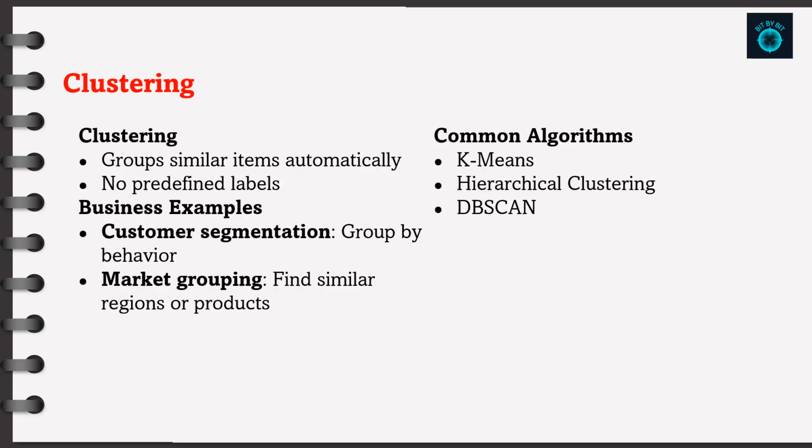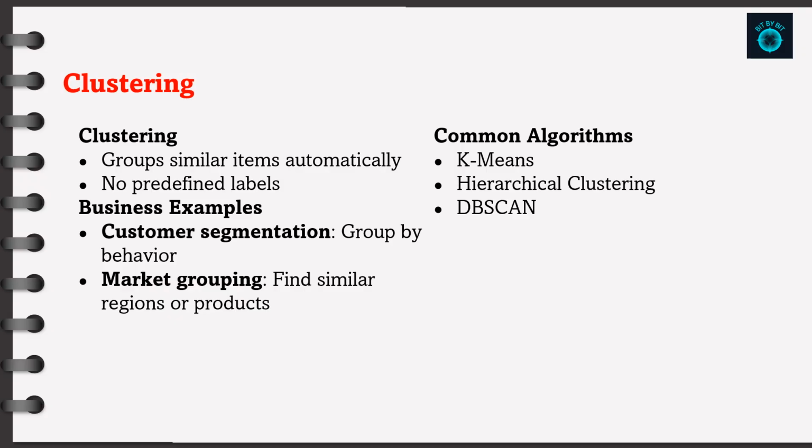One important application is customer segmentation. By analyzing customer purchase history, website activity, and demographics, a clustering model can group customers into segments such as bargain hunters, loyal premium buyers, or occasional shoppers. These segments help businesses create targeted marketing campaigns and personalized offers. Another example is market grouping. Clustering can identify regions or products with similar sales patterns, helping companies plan distribution strategies or decide which products to